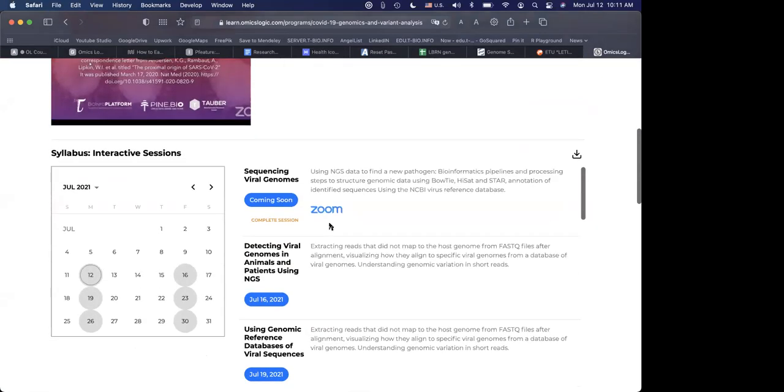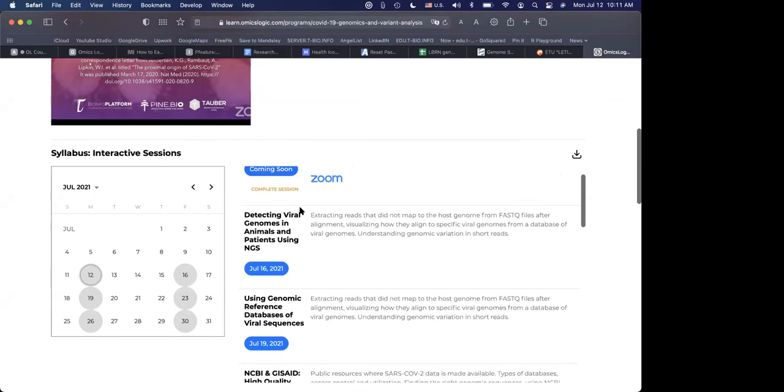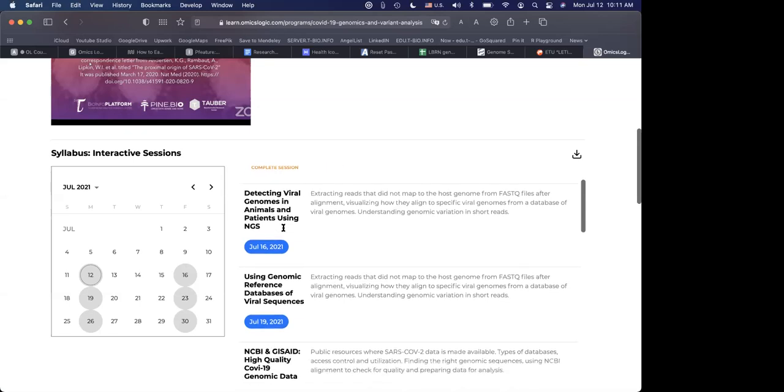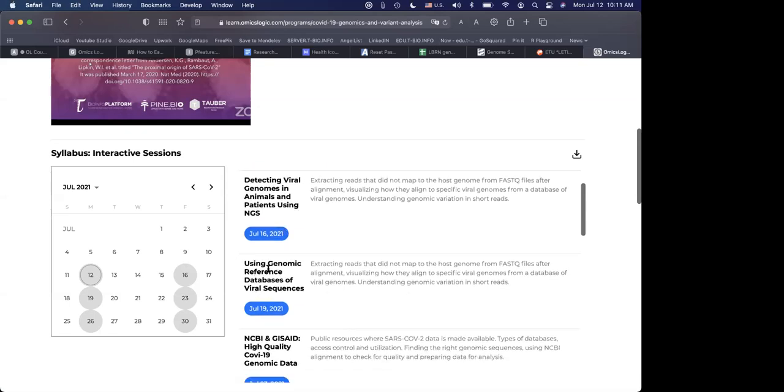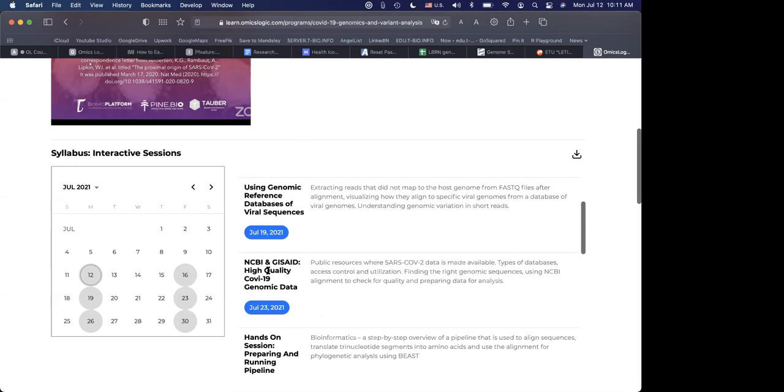And so to facilitate that, you can see that down here we have a syllabus of the program where we will talk about how viral sequencing is being done, which is the topic of today's session, how we can find presence of viral genomes in different types of animals. As we know, pangolins, bats, even dogs have been suggested to be susceptible. How we can use existing databases like NCBI virus and GISAID to find sequences,